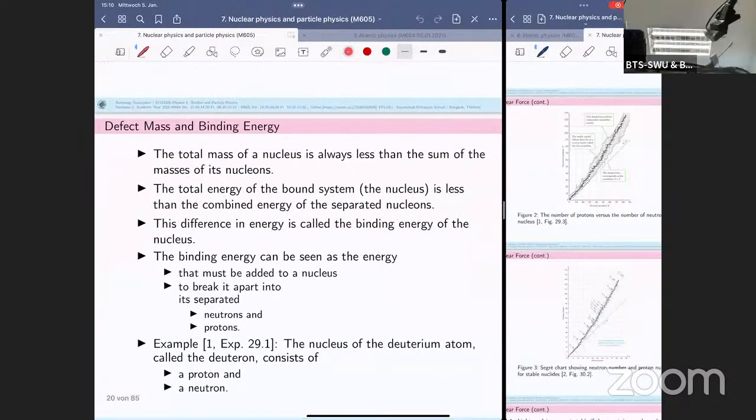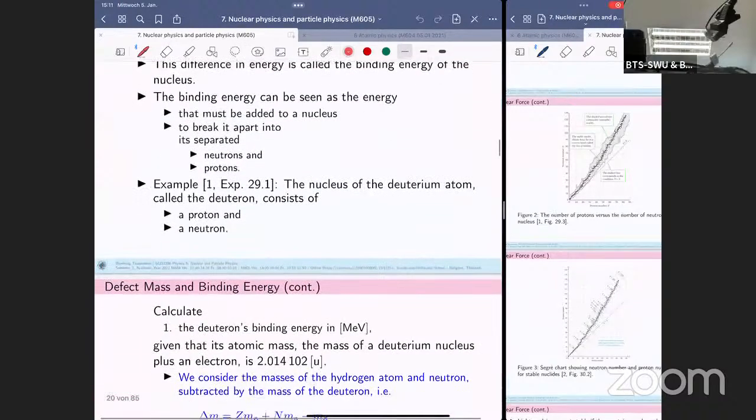Okay. If you want to destroy the nucleus of any element, you have to bring the energy to that nucleus. Okay, and that's the same amount as the binding energy. Okay. And then you could get the individual neutron or proton. Okay. Example number 1,